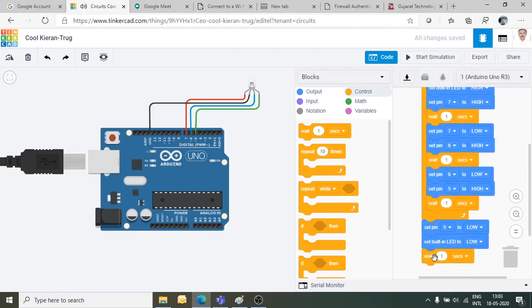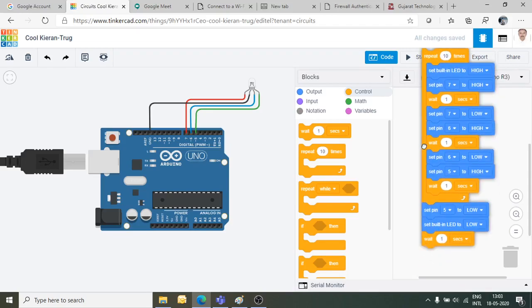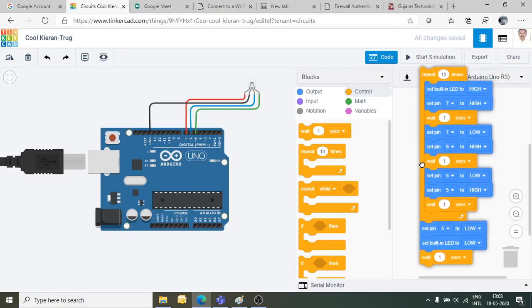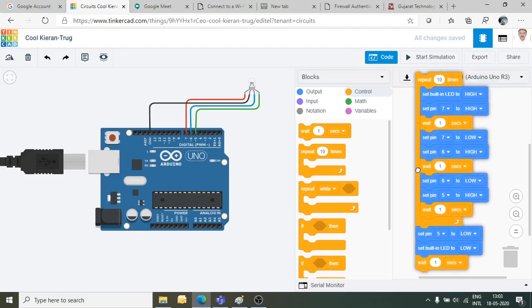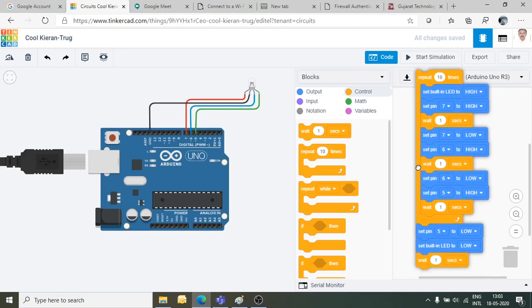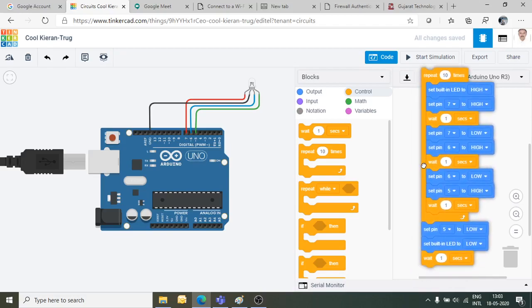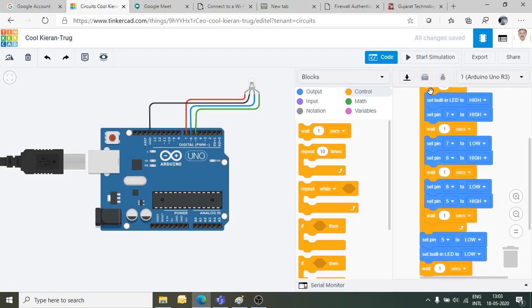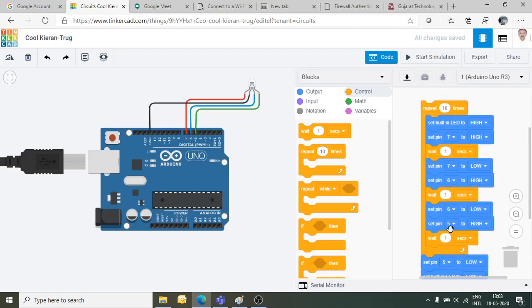And now let me check whether this is required or not. Okay. As you can see here, this for loop is fitted wrongly, because after this actually it will stop. But let us simulate and see what is happening, because we are not interested in this graphical programming. Let us simulate first.